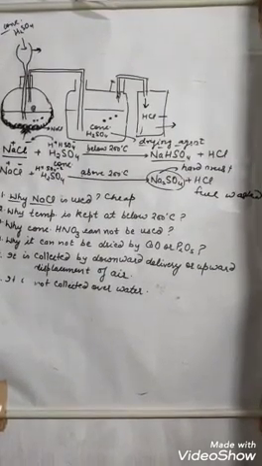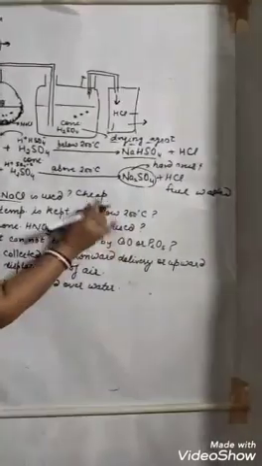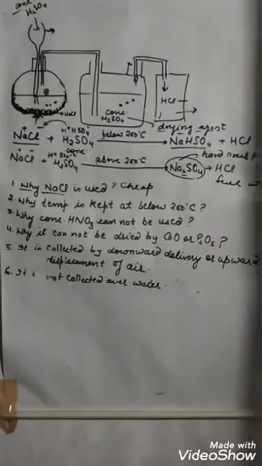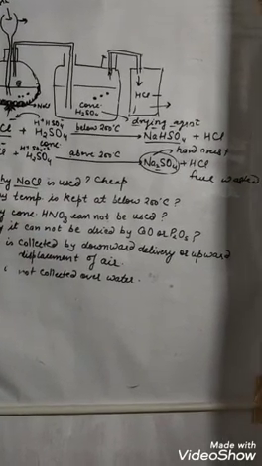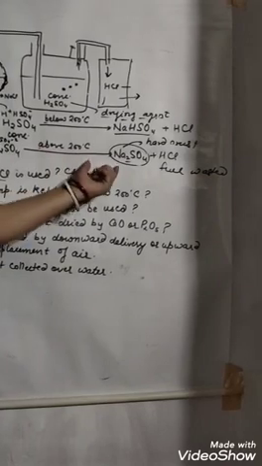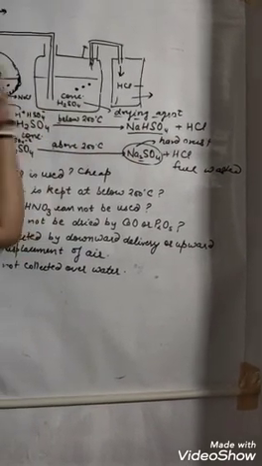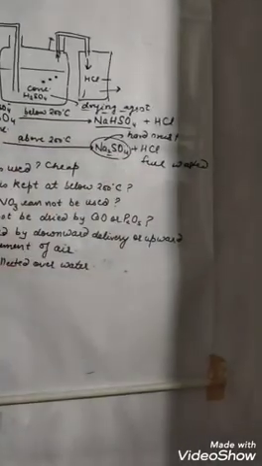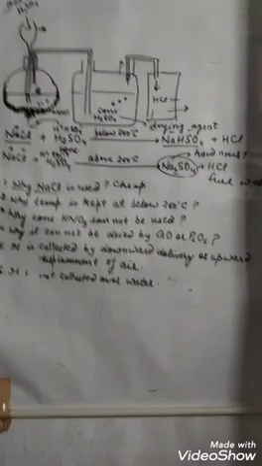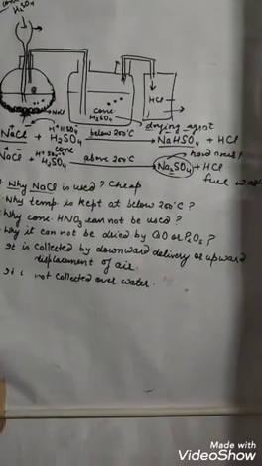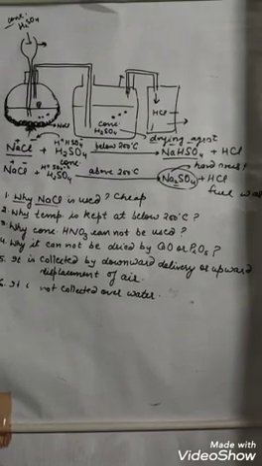So there are 3 points why the temperature should be kept below 200 degrees Celsius. First of all, it will form Na2SO4, which is a hard crust solid, sticks to the wall of the round bottom flask. Second one, fuel is wasted when the reaction can take place below 200 degrees Celsius. What is the use of giving above 200 degrees Celsius? And third one, if high temperature is given, then the glass apparatus may crack.